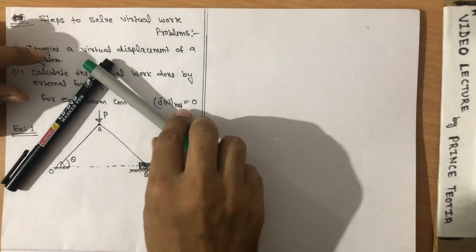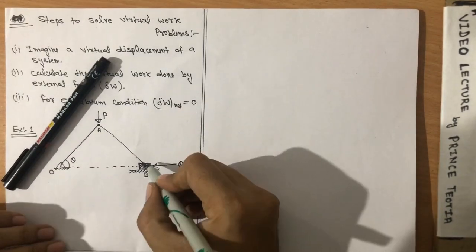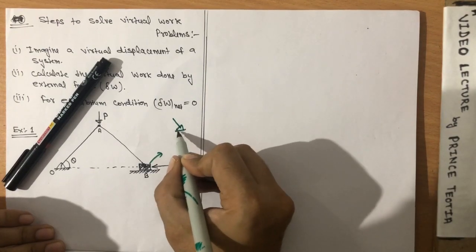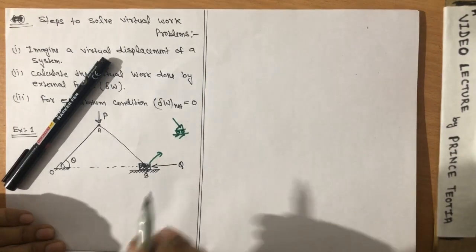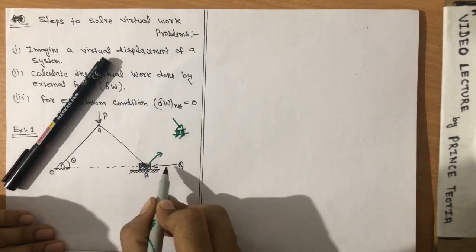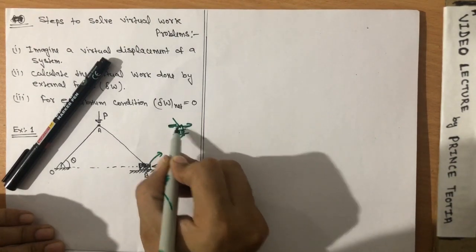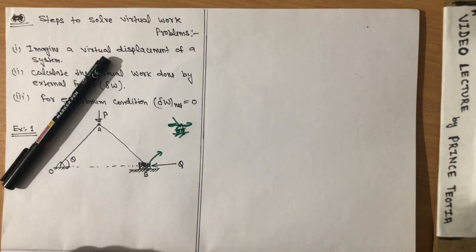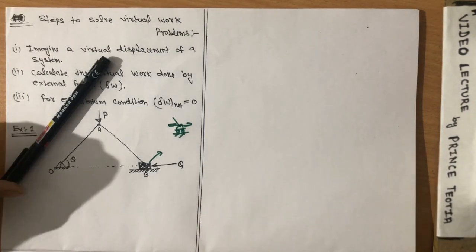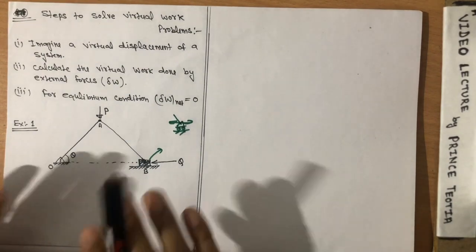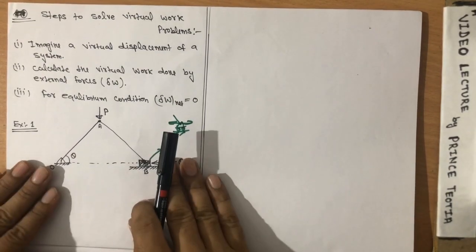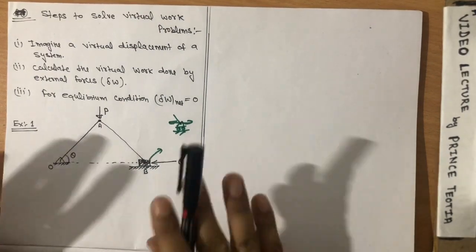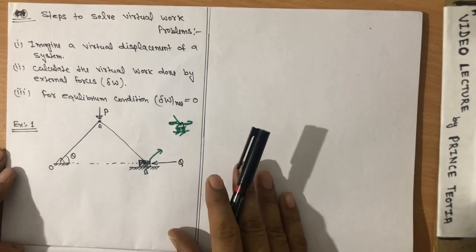Okay, इस स्लाइडर की जगह पे हो सकता है इस लिंक के साथ में रोलर दिया हो, तभी भी एक ही बात है, ये स्लाइडर भी मूव कर सकता है and this roller can also move. Okay, so don't be confused. So इस क्वेश्चन को ध्यान से देखो, और इससे बाकी तुम्हारा वर्चुअल वर्क के जो भी डाउट्स होंगे वो इसी क्वेश्चन से सॉल्व हो जाएंगे. Okay, क्वेश्चन से ही ये अच्छे तरह से समझ में आएगा ये टॉपिक वर्चुअल वर्क.